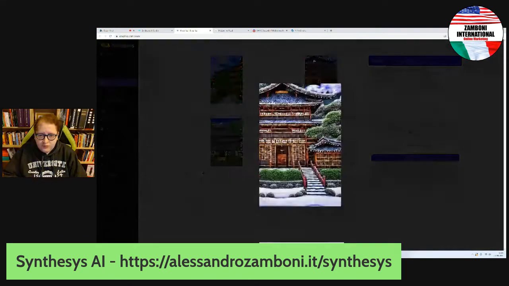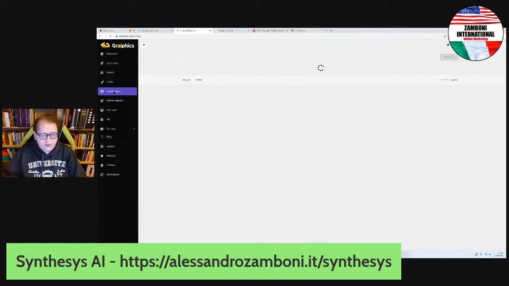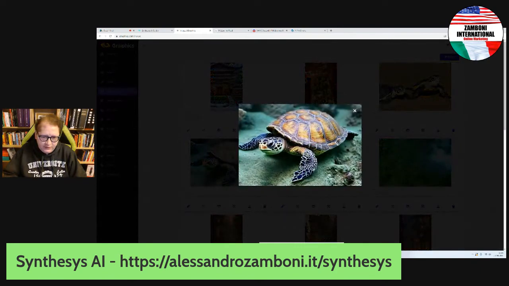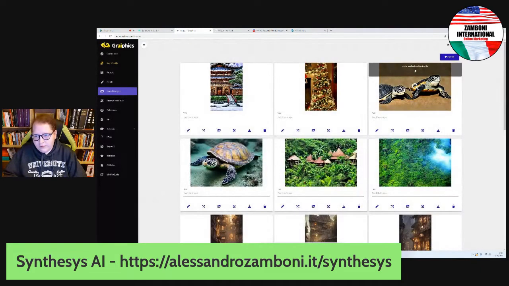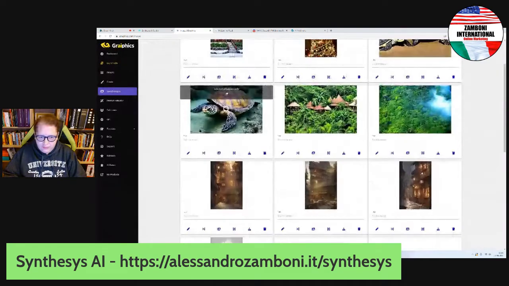Okay, I saved this one because I like the way it came out. So you click the little disk and you will find it later in saved images right here. Here are, for example, a cute and adorable turtle I did. Here are two little ones. I have to adjust this side when I have time.